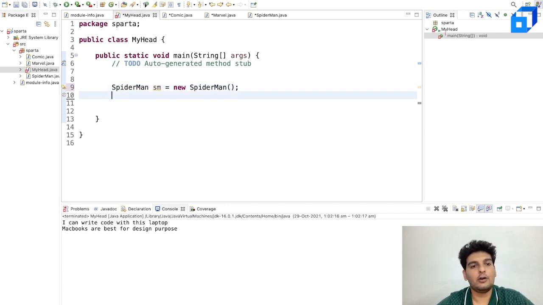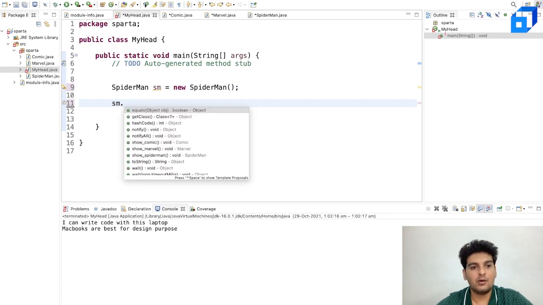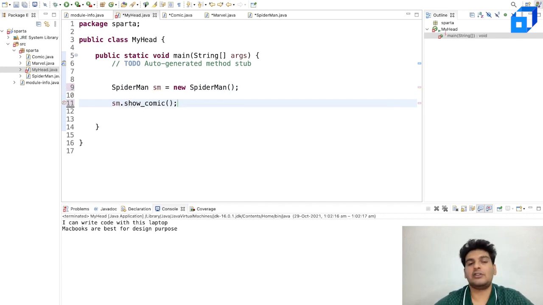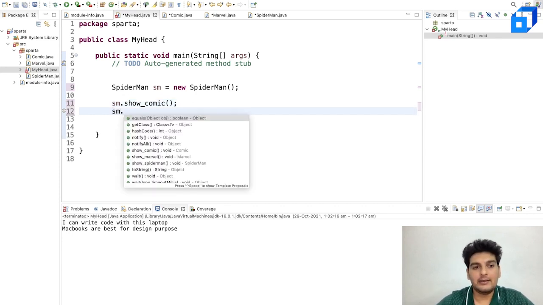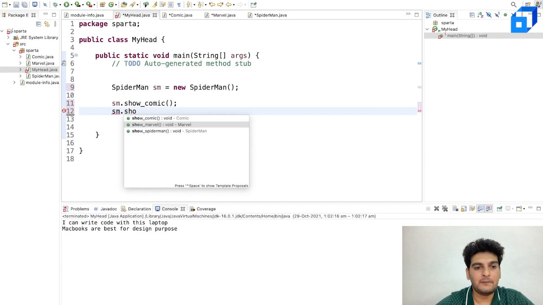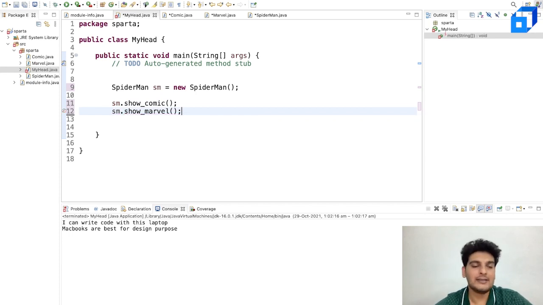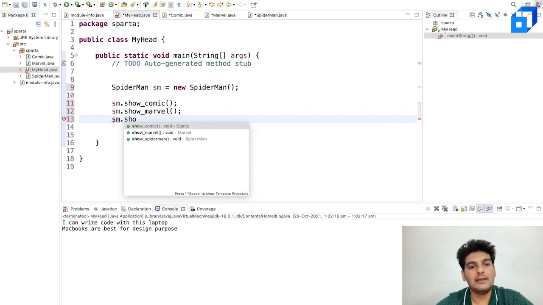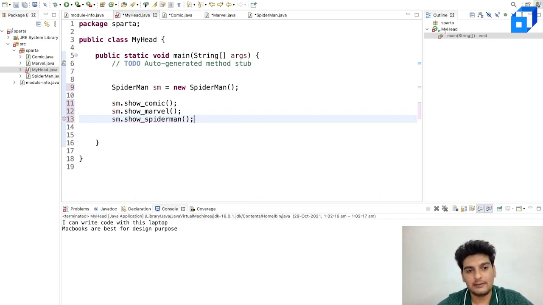I've just created an object for this. Now sm.showComic(), which is coming from your grandparent class. Then I'll have sm.showMarvel(), which is coming from your parent class. Then I'll have sm.showSpiderMan(), which is coming from the same class.